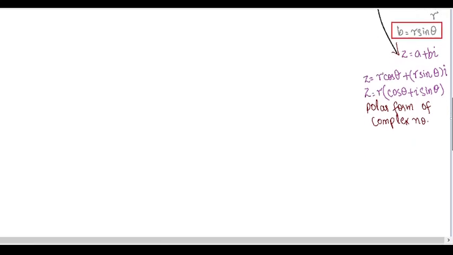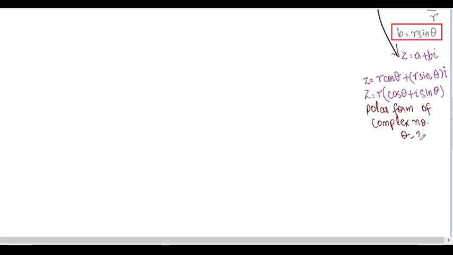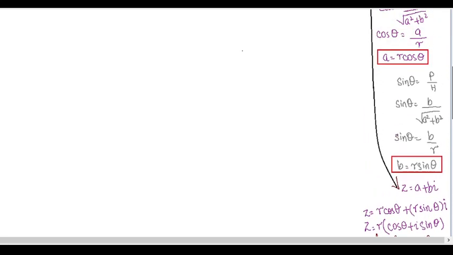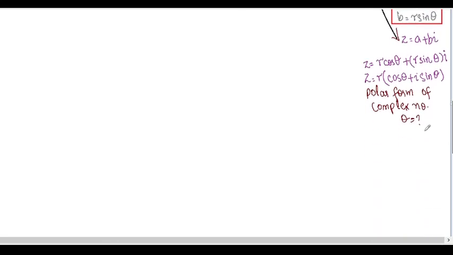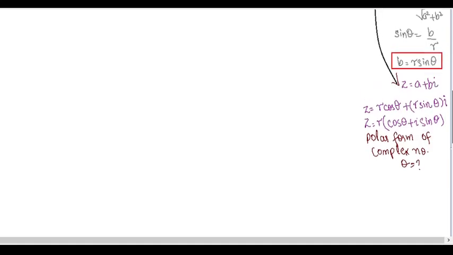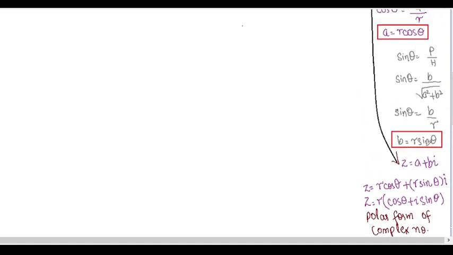Okay, now we also have to find theta. How can we find theta? You can see theta equals cos inverse A by R when we shift cos here, and theta is also equal to sin inverse B by R, but these are not the accurate values. We can only find the accurate value by tan theta because it's the only accurate one. So we are going to divide these two equations. We know that tan theta equals sin theta by cos theta, so sin theta should be in the numerator, so this whole equation is written in the numerator and this whole equation would be written in the denominator, and we are going to divide these two equations.